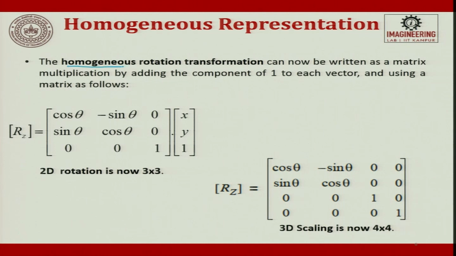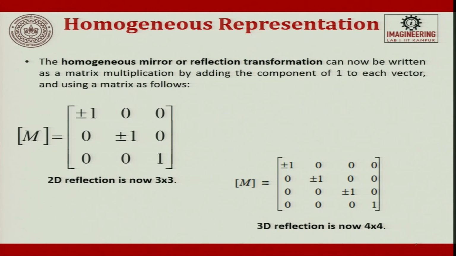When we talk about the homogeneous rotation transformation, it can now be written as a multiplication by adding the component 1. This was 2 cross 2 which you studied. Now, that 2D homogeneous representation is called 3D. So, you try to express it in this form. This is for rotation about Z. The same rotation about Z in 3 cross 3 form will be something like this. So, now it is very clear. In the examination you can expect problems on this transformation to be solved. You will have some assignment problems, and in the examination you will have some small problems to be solved. So, remember those transformation matrices.